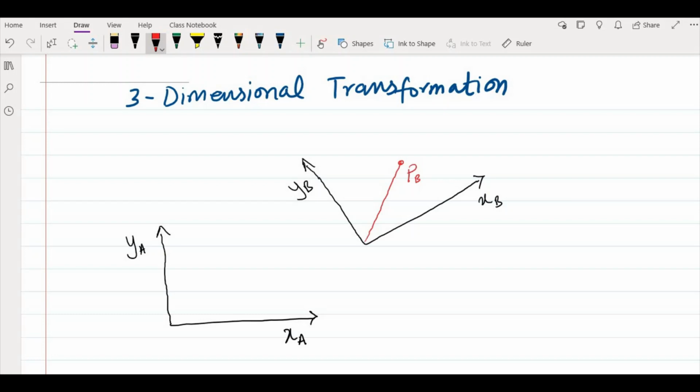Okay, now we have this point, this vector in your frame B. What we want is the value of this vector in your frame A. So that's what we are looking for, because A is the original reference frame, and B is a rotated and also translated frame. You see that from this origin to this origin here, there is, if you remember from the 2D example where we did some translations and rotations,